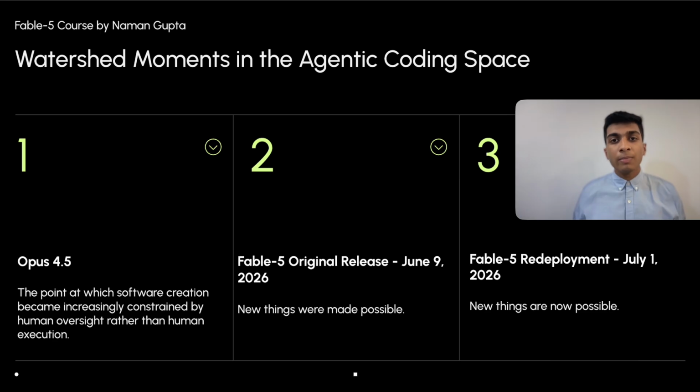So for example, somebody can build Minecraft, such a complex game which requires a lot of physics, a lot of reasoning, a lot of graphics, in a single prompt. You give Fable 5 a single prompt to code Minecraft for you, and it's going to build the entire game for you in a single prompt. And this level of capability was hitherto undreamt of.